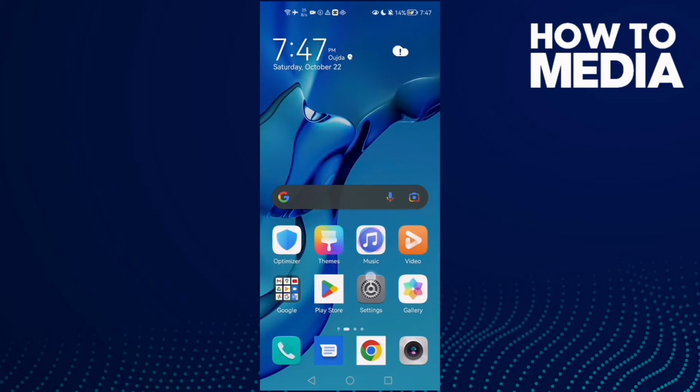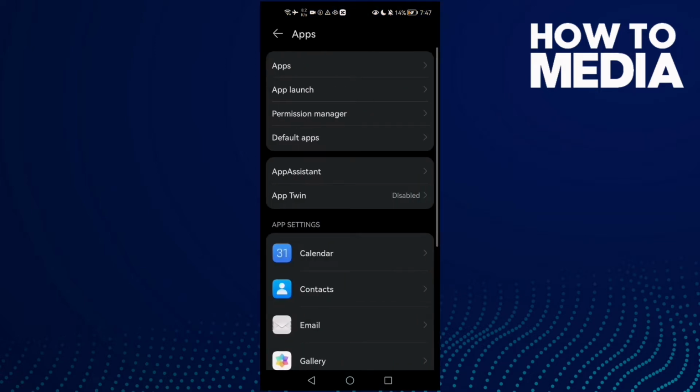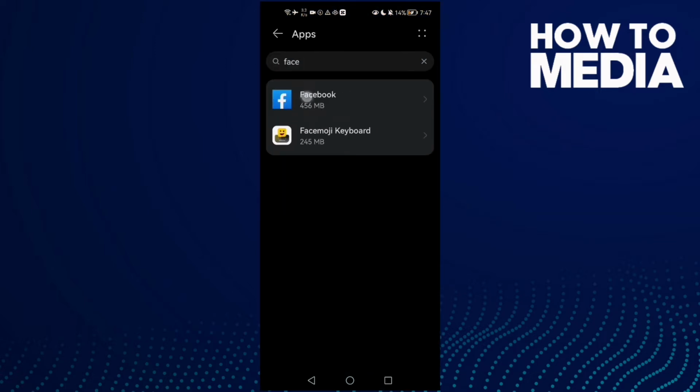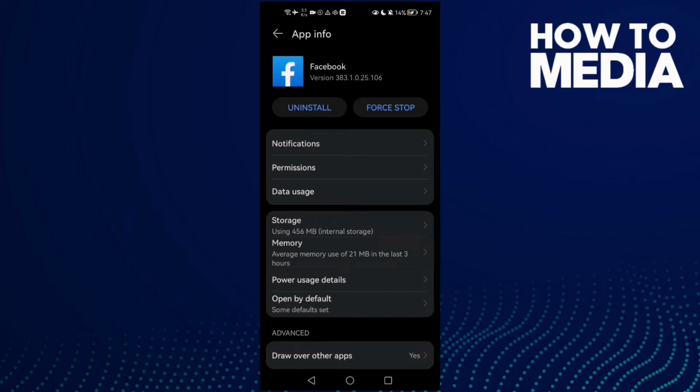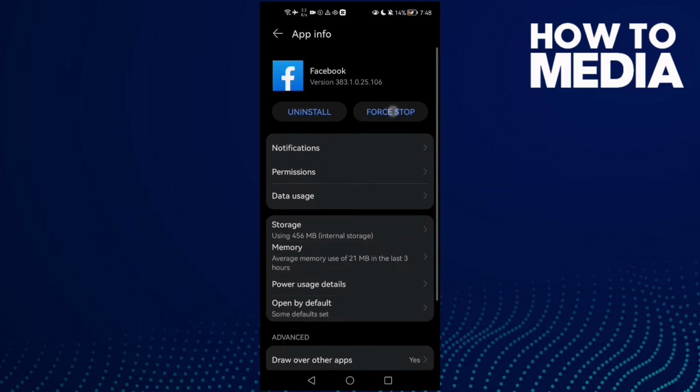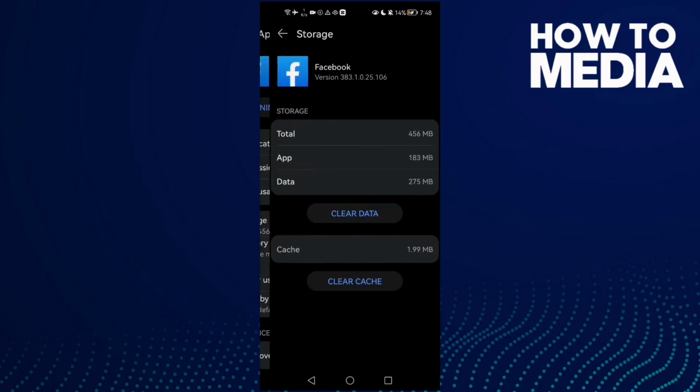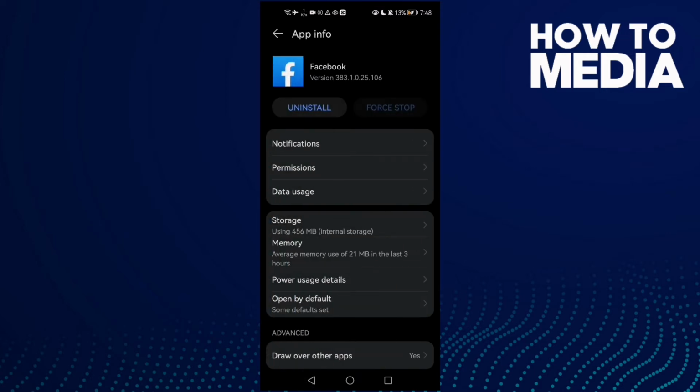First, just go to settings, then apps, and apps again, and go to Facebook. First try to force stop and then clear cache and try again. And if that doesn't fix your problem, come back here and